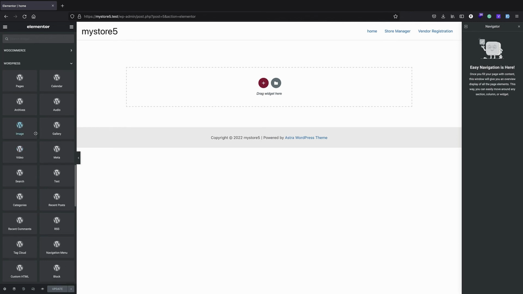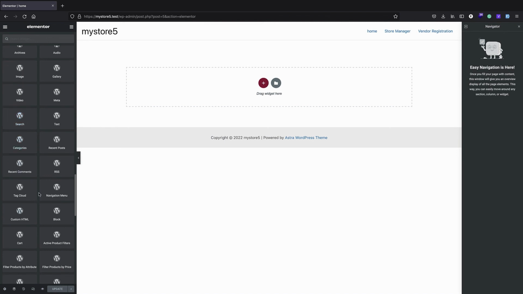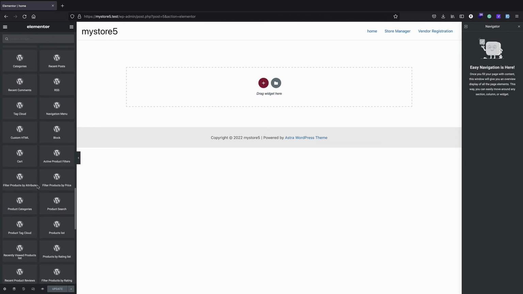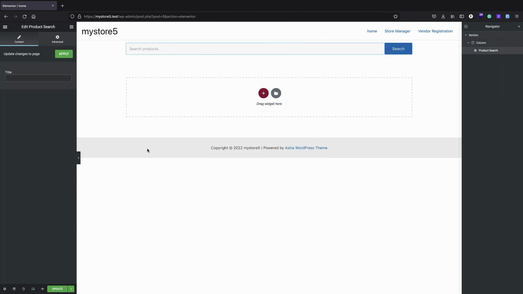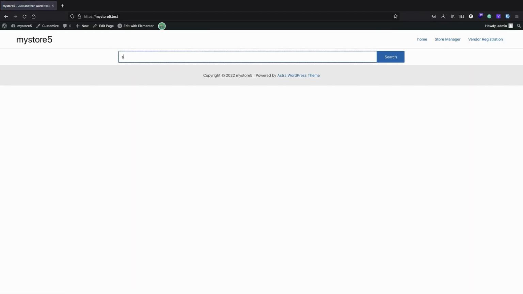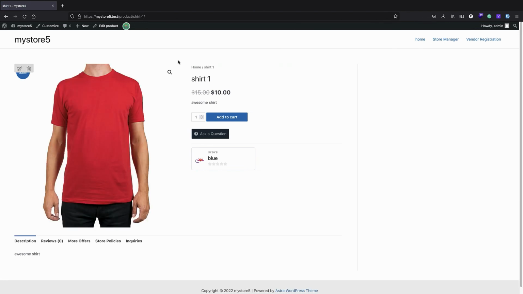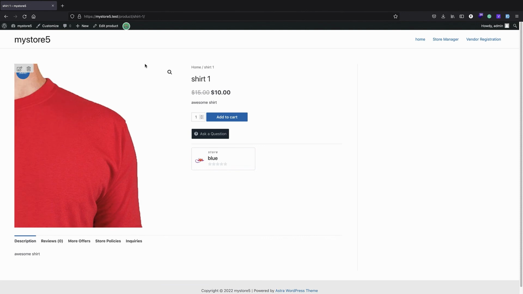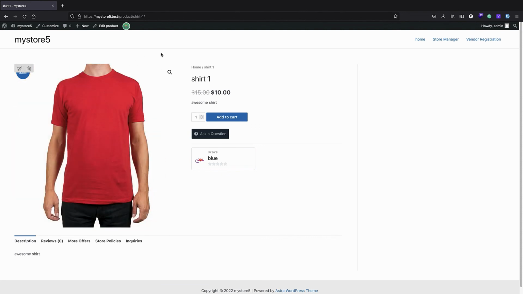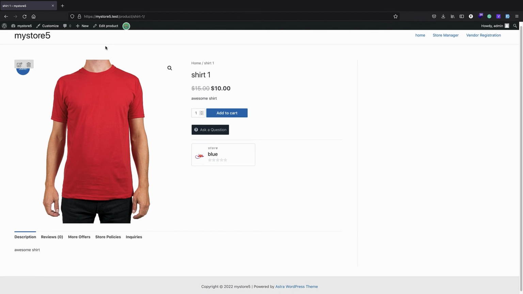So for example, we can just add the WooCommerce search here. So we have this product search here. I can just add it here. And if I just update and visit my website, the search is going to just work. So if we just, for example, search shirt, it just brings my shirt. Now I only have one shirt, so it's just bringing this one. But of course your vendors can have much more shirts, and then it will just bring a list of the